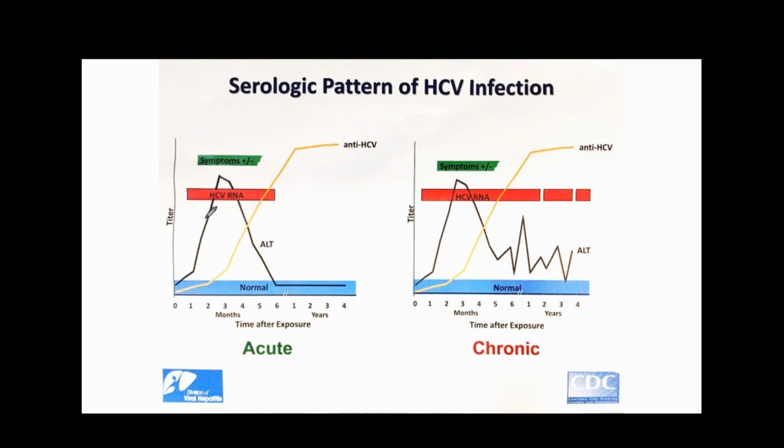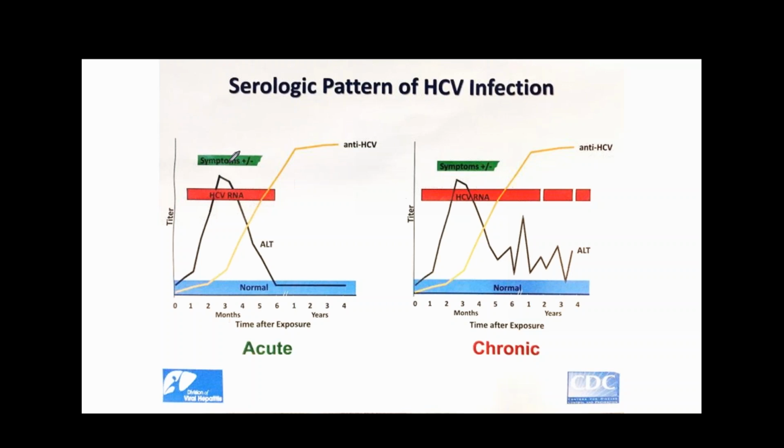So let us start by focusing on the left. So what happens in a recent infection of HCV? ALT increases sharply, and it may be elevated to 200 international units per liter or more. Since most people do not have symptoms, a few may have symptoms, but since most do not have symptoms, they are often not identified and diagnosed with acute HCV.